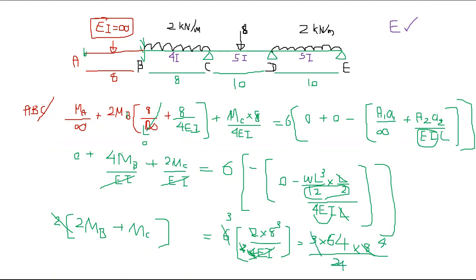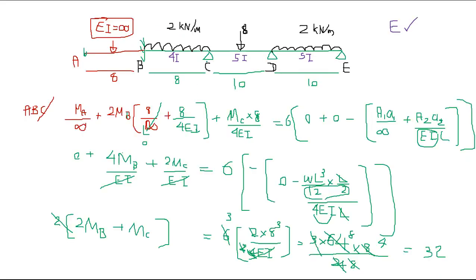So if you cancel it, it's 8, right? So you can cut this 8 by this 8. So 8 into 4, that's going to be 32, right? So that's our first equation,